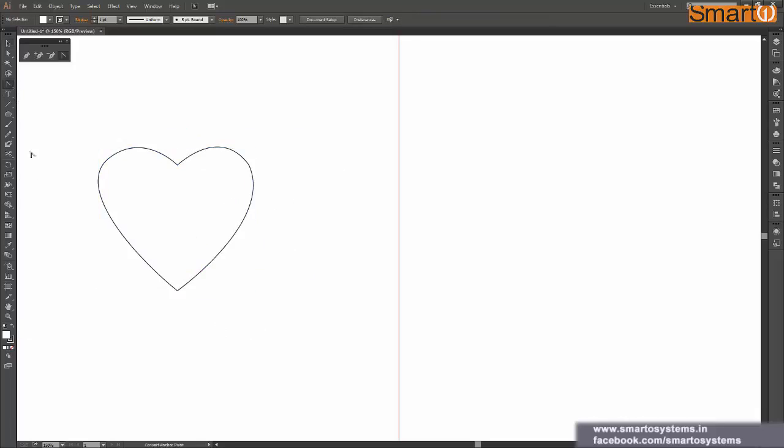Okay, now let's see the next technique, which is about solving this overshoot problem only, but this time we are going to do it in a different way. So far we have learned that if we want to manage any tangents while continuing our shape, we can press the Alt key and just click on any of the tangents and move it to break the tangent. Now let's see the next technique.